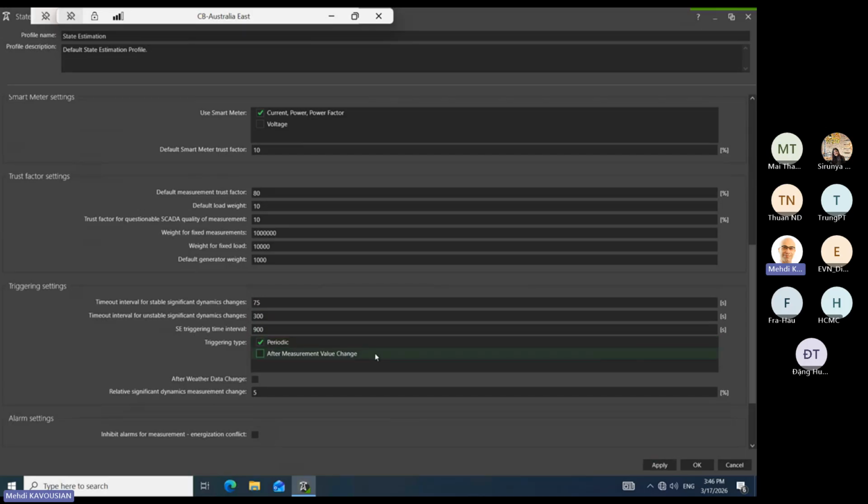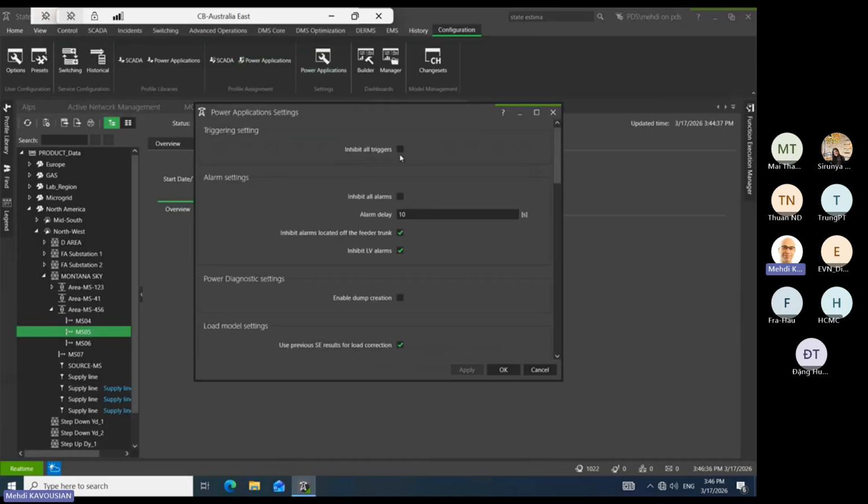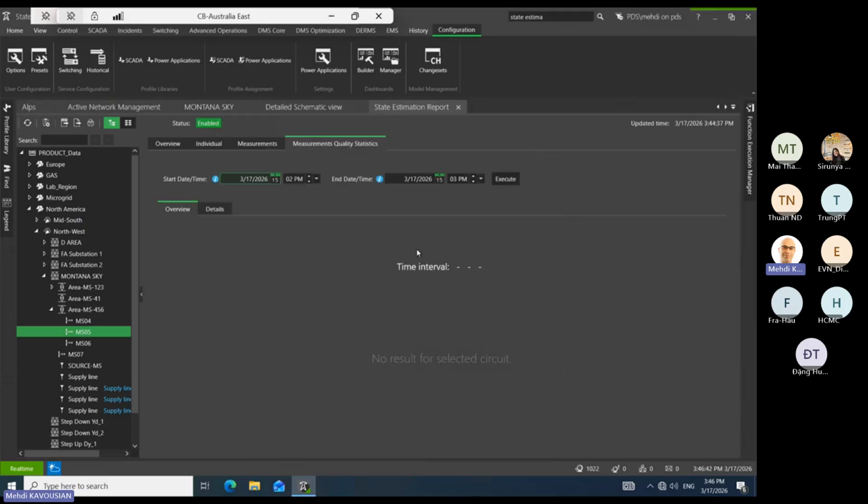Normally, at the start of the project, we just go with periodic and unselect this. You can also trigger based on the weather data change, which we explained the other day. If the changes in data are dramatic, you can select that, but for now let's just use periodic. As I said, with this inhibit trigger unselected, the state estimation runs in the background every 15 minutes. How do you check that? You could come here and go to the measurement state